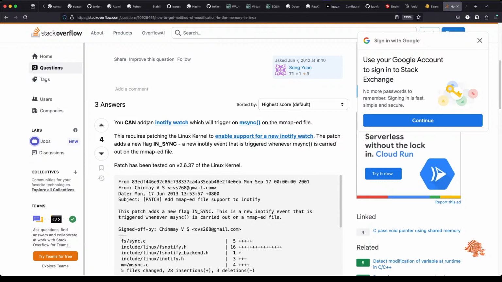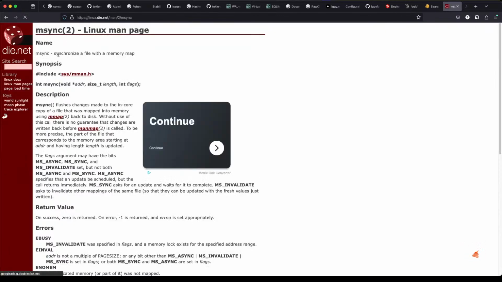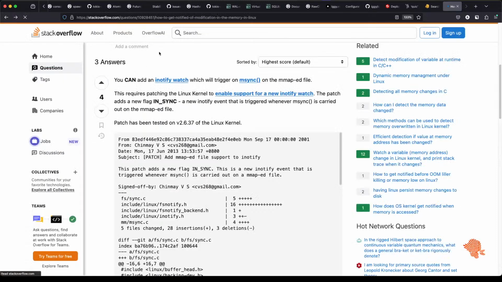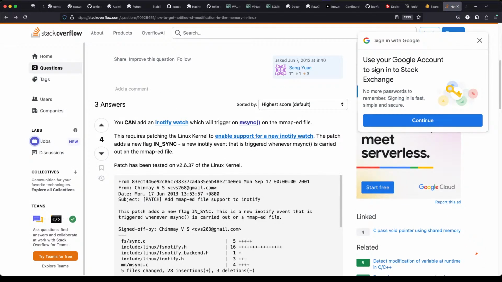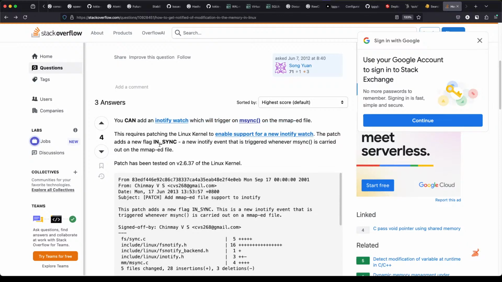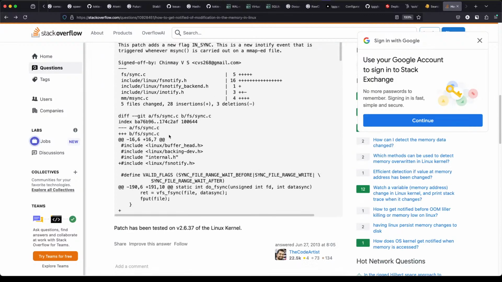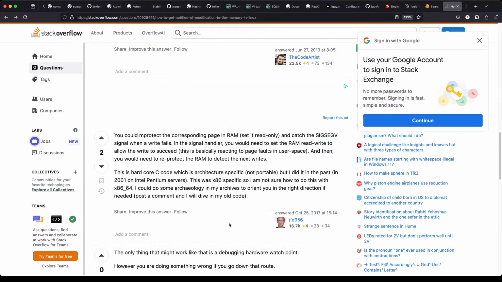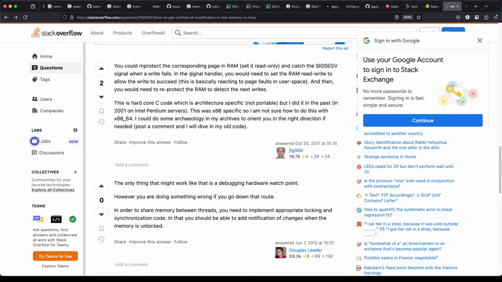Which will trigger msync. You can add an inotify watch. Ooh, but yeah, so msync is not going to happen, is it? Synchronize the file with memory map. No, see, the whole point of the shared memory file is to have something that different programs can load up, but it never gets synced to disk. Oh,